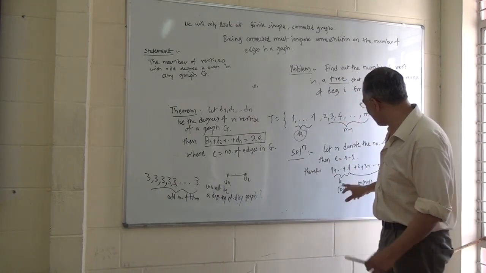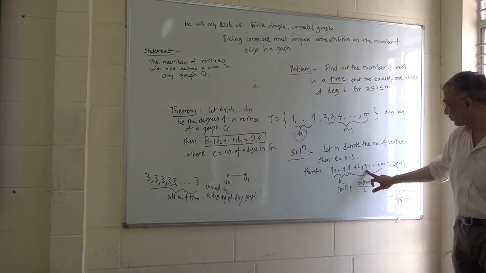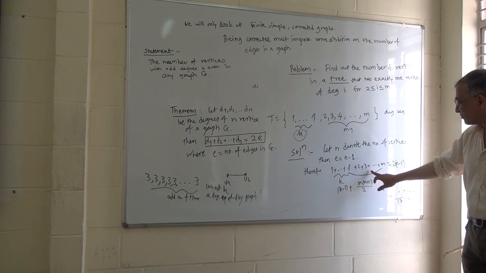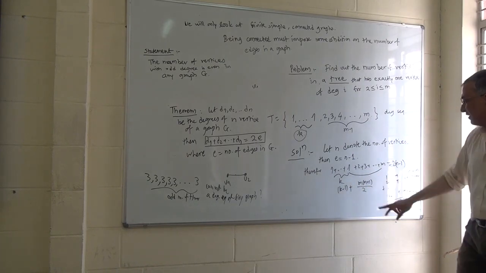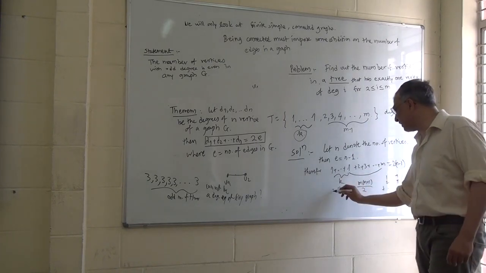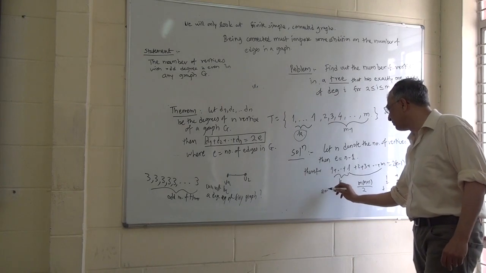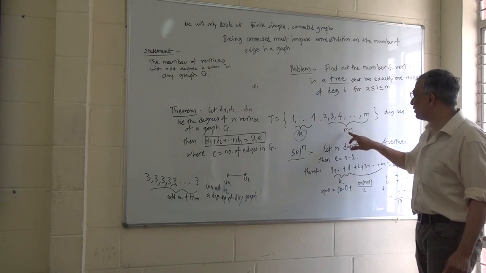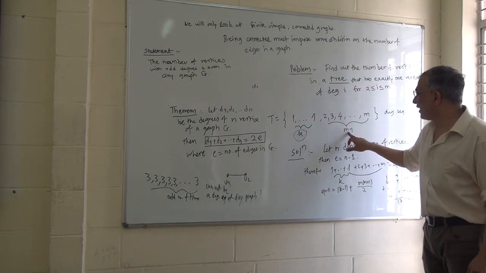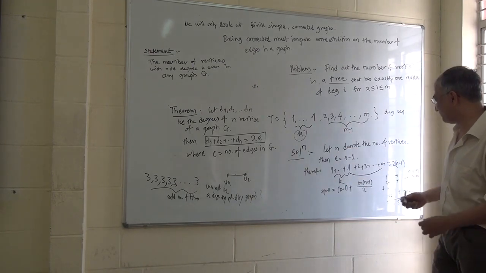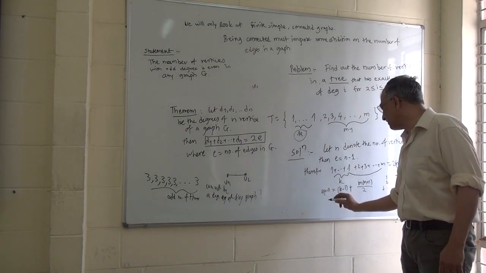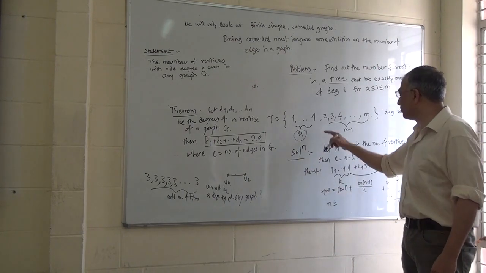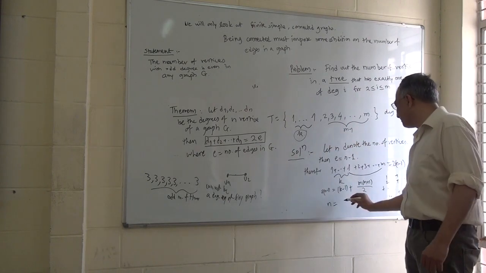So this trick we can use here. We don't have to be as smart as Gauss. We can follow his step. So this is m into m plus 1 by 2 plus k minus 1, and this is equal to 2 times n minus 1. Right? So this is one equation. But we also know that m minus 1 plus k is n. We want to find out n. N, the total number of vertices, is m minus 1 plus k.